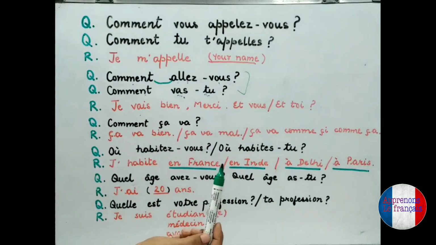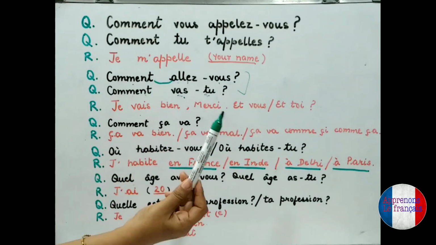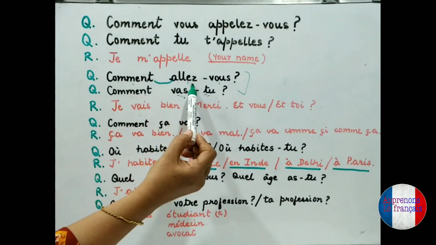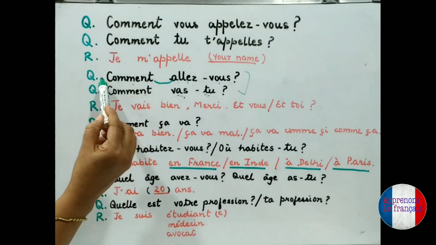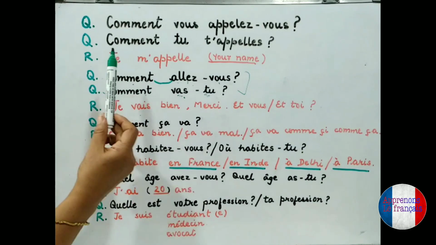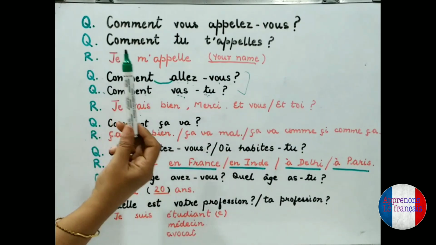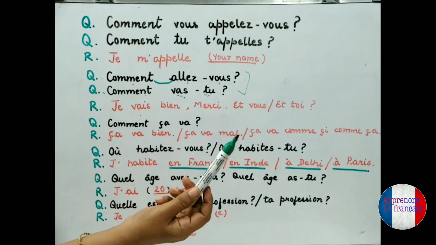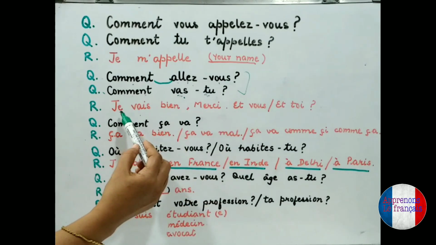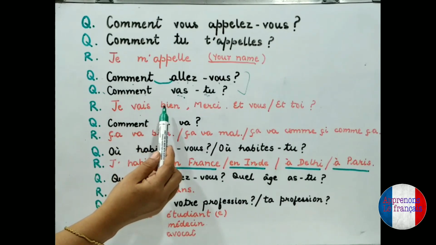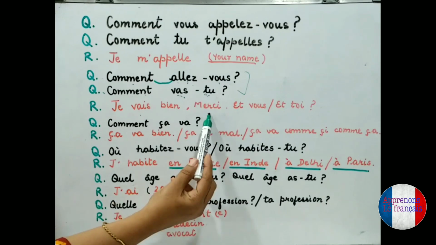How do you do, or how are you doing, how's your life, or how are you, and just the difference is that the first sentence would be formal. The first one is the formal question and the second is informal, and the answer would be same as we had in the first. In second also the answer would be same. You will say I am doing fine or I am doing well. So this is je vais bien, that means I go well, that means I am doing well.